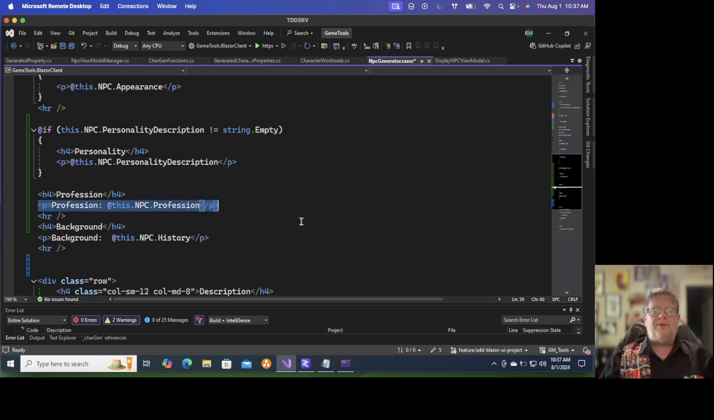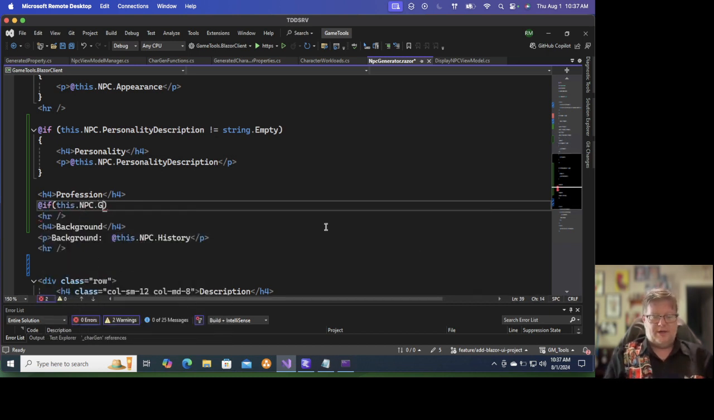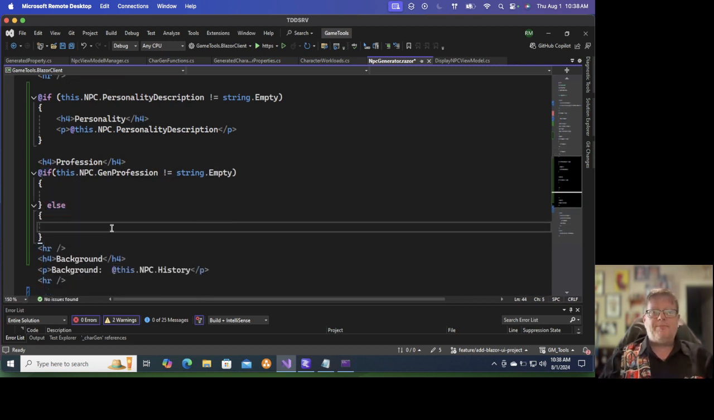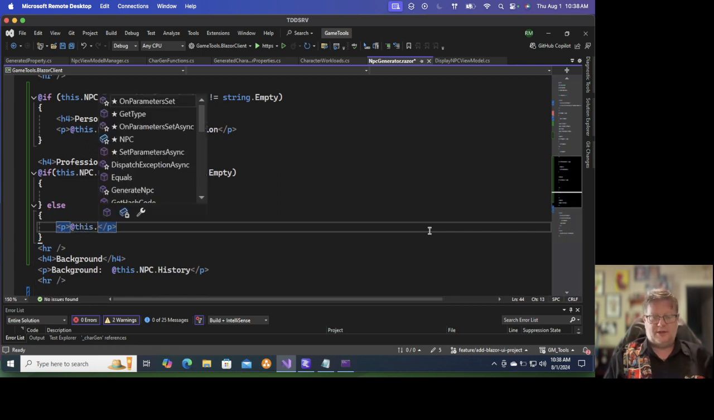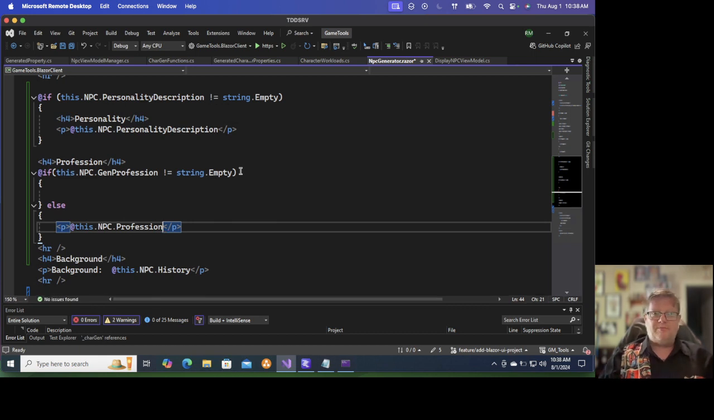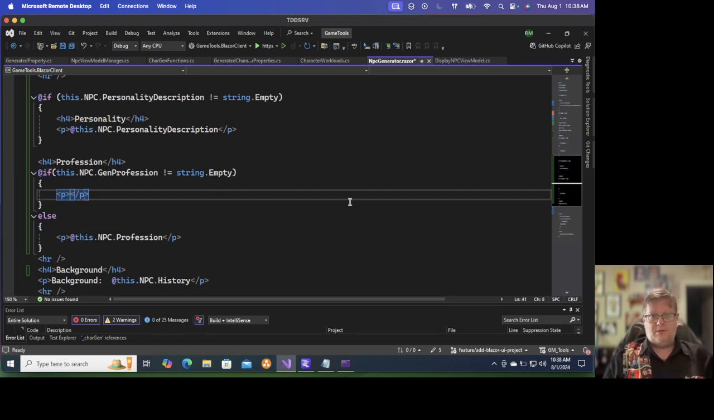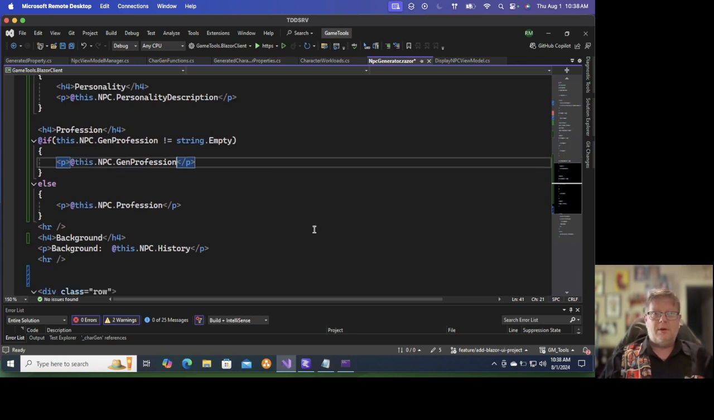And this one gets an if this dot npc dot gen profession is not equal to string dot empty, then, else. So if it is empty, we're just going to go this dot npc dot profession, p at this dot npc dot gen profession. Good. And then finally,